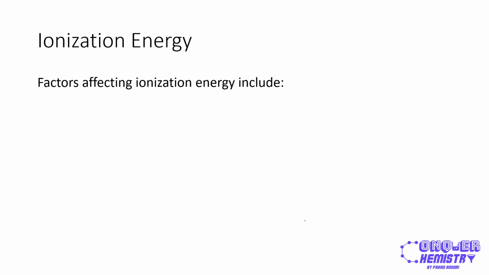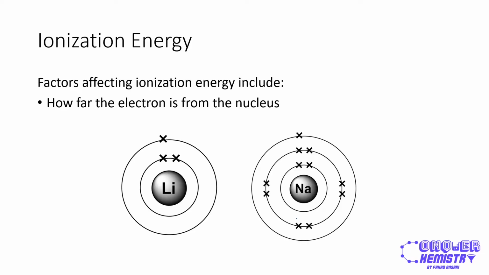So let's look into the factors that affect ionization energy. The first is how far the electron is from the nucleus. So here we have an example. You can see that in the lithium atom, you have your positive nucleus over here, and the first electron that needs to be removed from this atom to give you lithium 1 plus ions is over here. You can see that it is in the second principal quantum shell, or the second shell. All right, not too far away from the nucleus, the positively charged nucleus that is holding on to this electron,